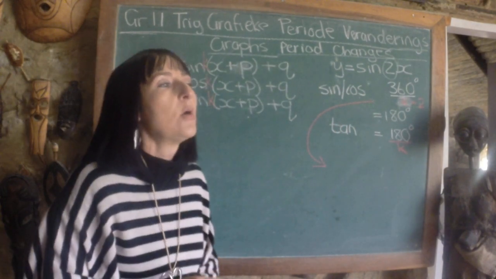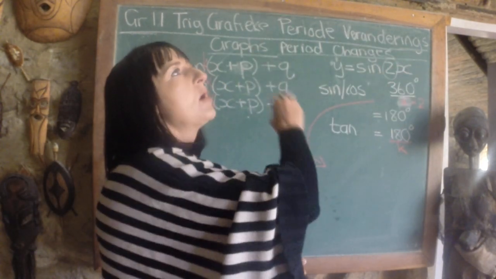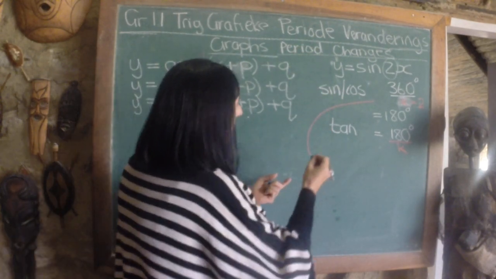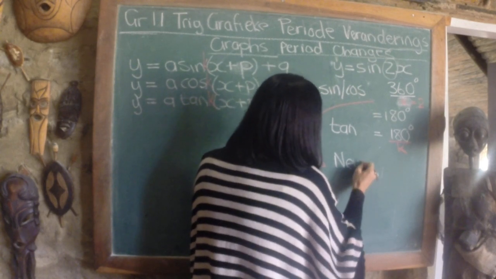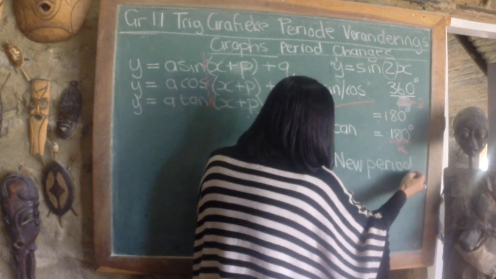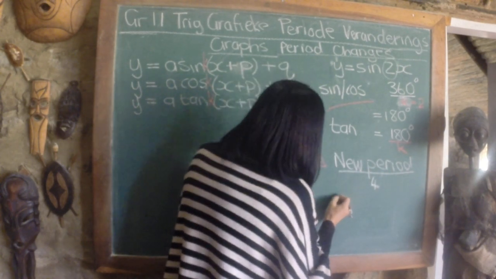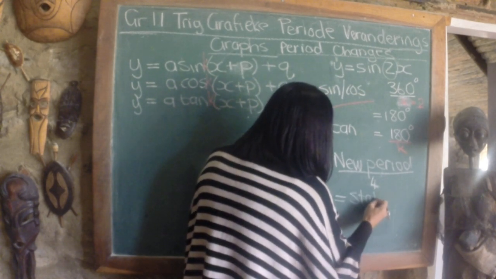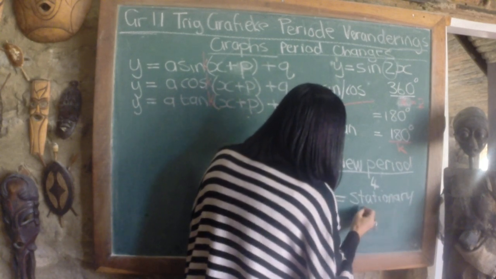And to get our new stationary points, ons punte wat ons gaan teken om die grafiek te teken, vat jy nou jou nuwe periode. Your new period. You take your new period now. And you divide it by 4. And that gives you your new stationary points. Stationary points. Stationêre